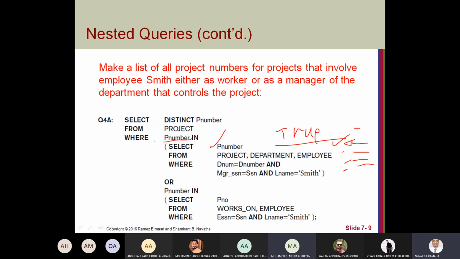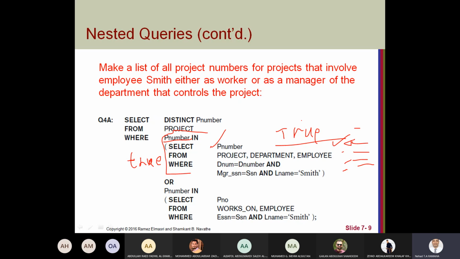All I need from the inner query here is only true or false. So first value found, true, finish. It will not compare more. Okay, clear. If you want to put it, it's not wrong, but it will not give you any advantage here.